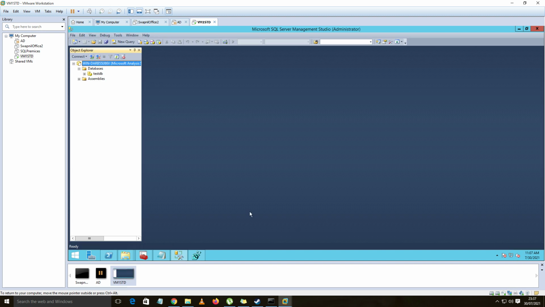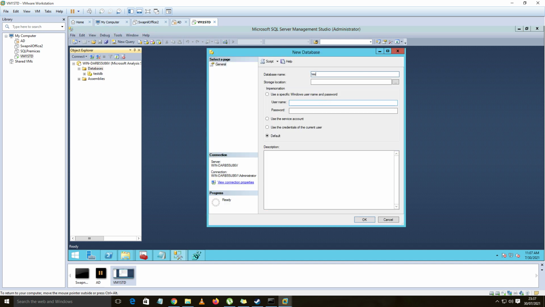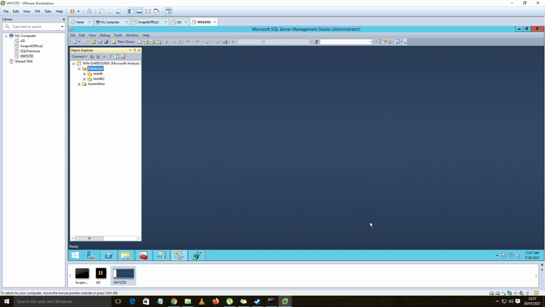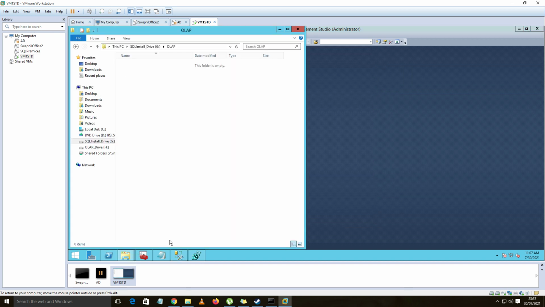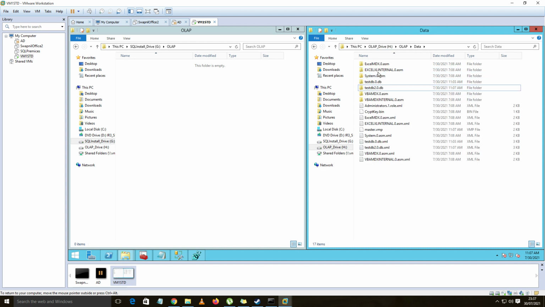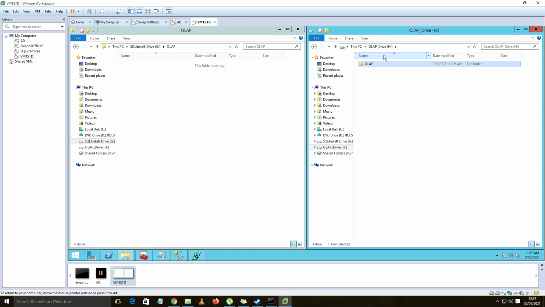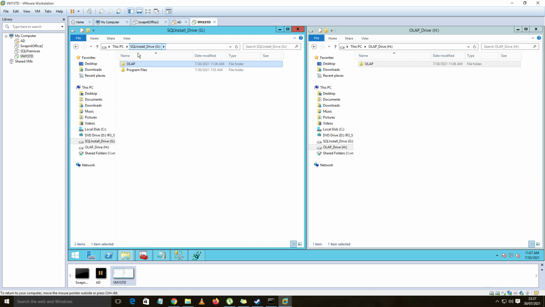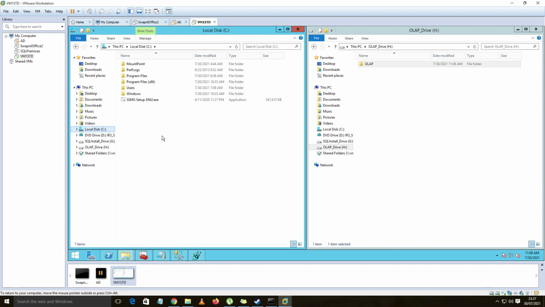Okay, done. Fine. Now let's simply create a new database, testdb2, just to check everything is fine. It's created, it's good, and it's supposed to be under testdb2. That's it. This is the way you can move the config folder, especially in a cluster environment. For standalone we need not move it because it will be located in the SQL installation directory itself. That will mostly be the C drive itself, so no worries about it. But in case of a cluster we need to move it.